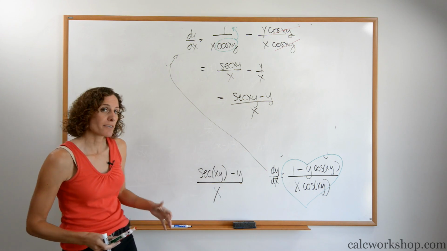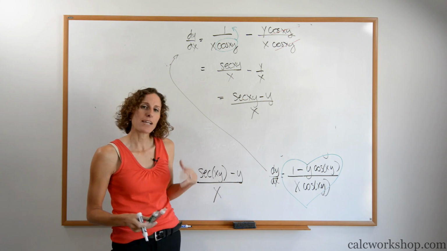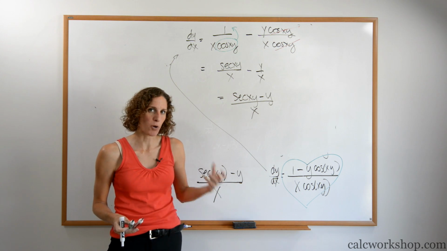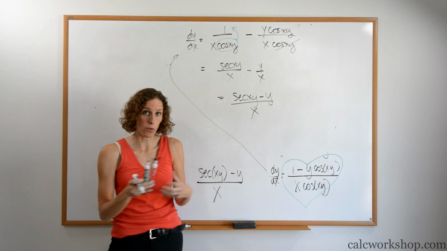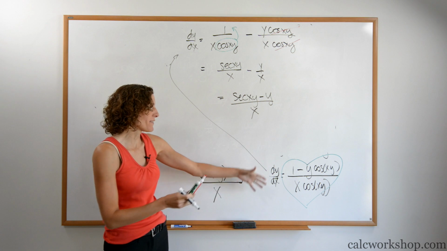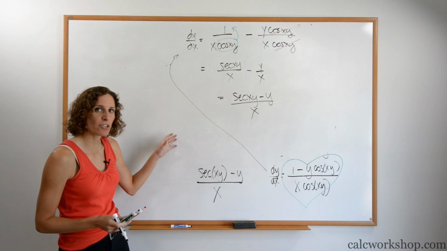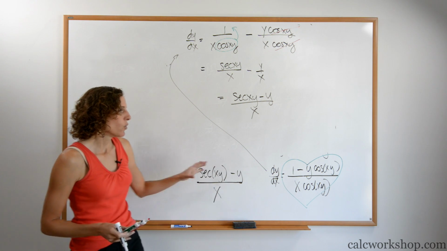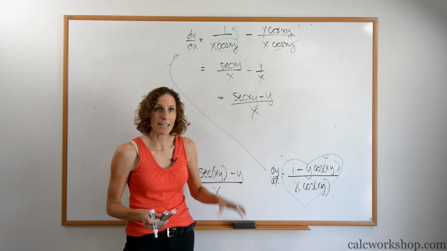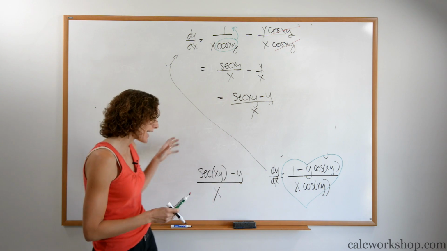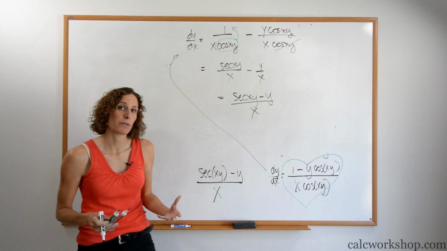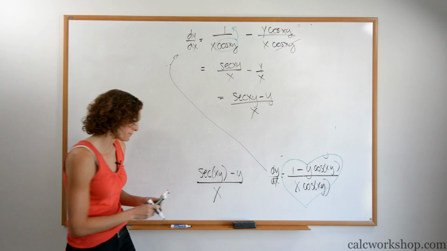But again, great test question, because not only do you have to deal with the trig, you have to deal with the product, you have to deal with the y and the x all intermixed, implicit differentiation, and then getting to a final answer of simplification in terms of recognizing, well, what does cosine do? Cosine can flip and become a reciprocal. What can I do to get x by itself? How can I clean it up? So let's maybe do another one.